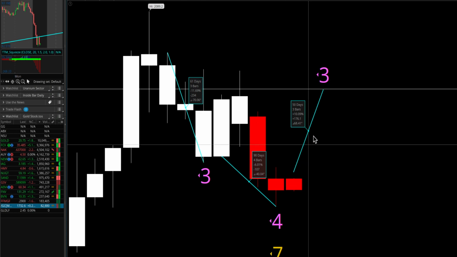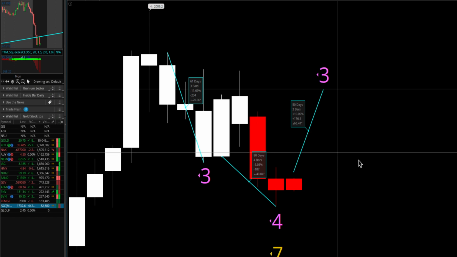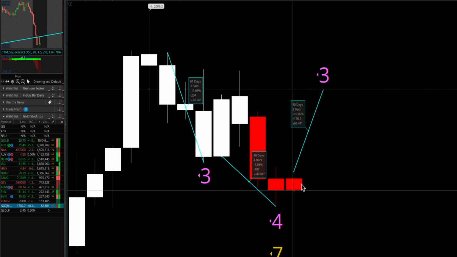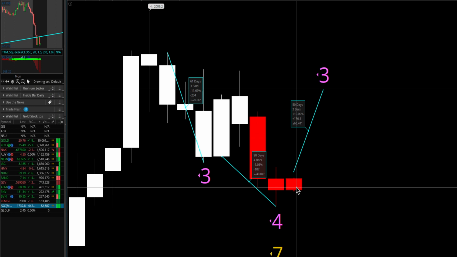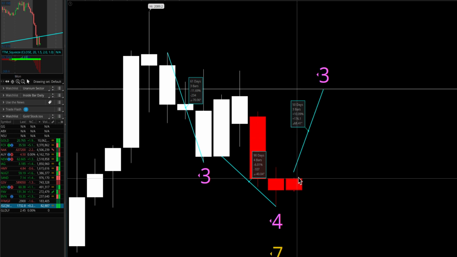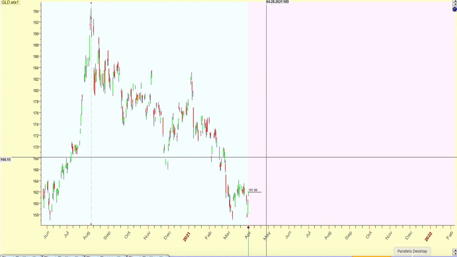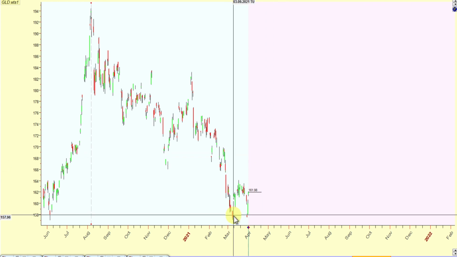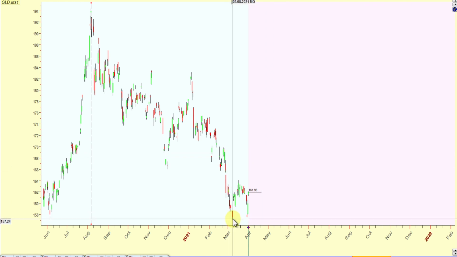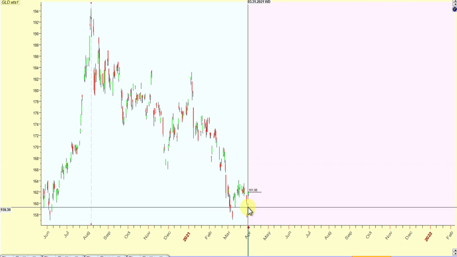Or maybe do a bounce and maybe just kind of go sideways. I don't know. But this is a reaction point. So I wanted just to show you that. There's a lot of things I've been researching in regards to Gann's technique and forecasting, and I wanted to show you a few things. Using Gann's technique, I have discovered that March 8th and the 31st and April 1st, there's